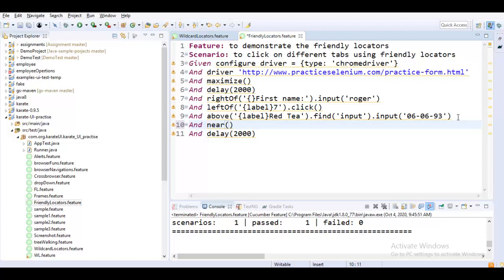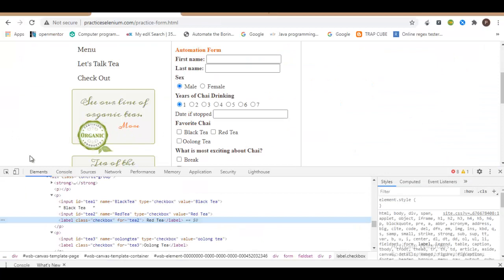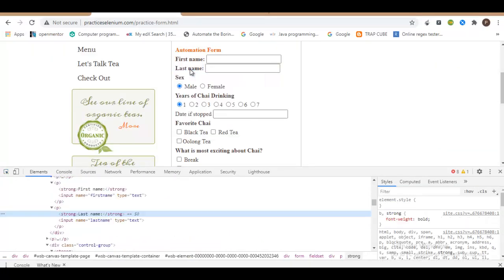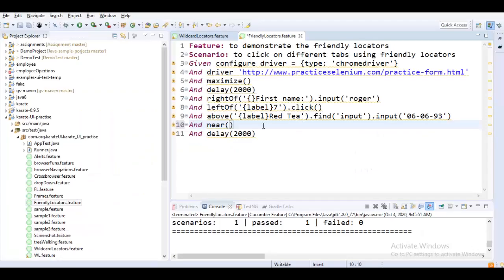So we might not know the structure exactly, and that is the reason if you just give near, it can always find. Yeah, so this time I would pass in this particular last name, and with the help of last name I would pass in the values.